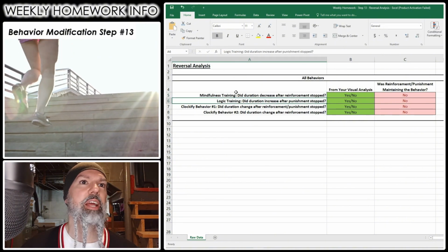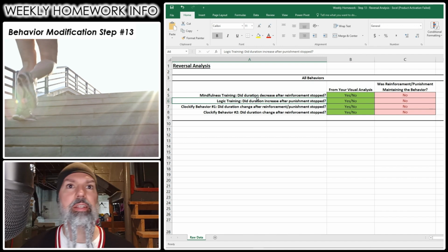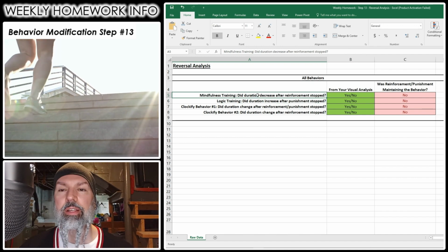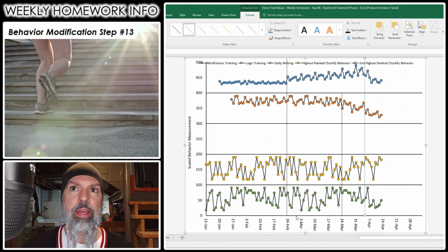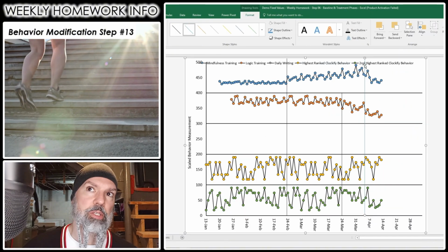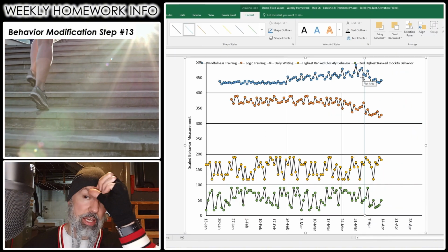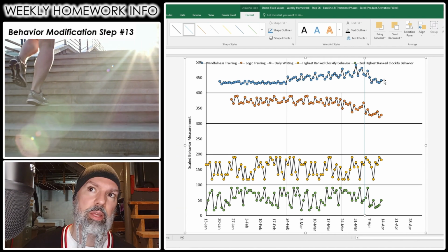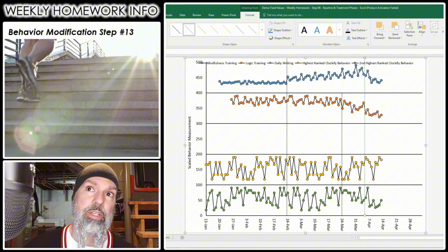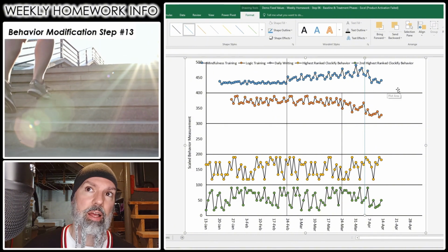It'll ask for mindfulness training, did duration decrease after the reinforcement stopped? So we take a look at our graph again, and we take a look at when reinforcement stopped. So we got that nice phase change line to let us know. And we can see that behavior duration for the mindfulness actually did start to decrease after